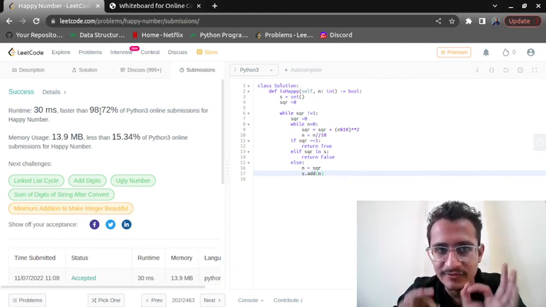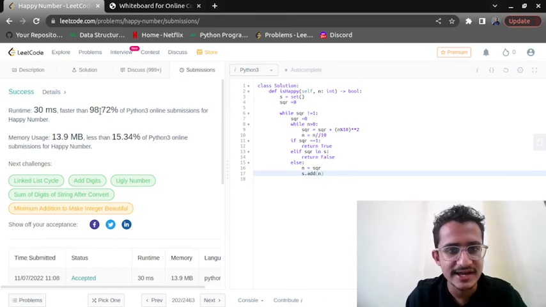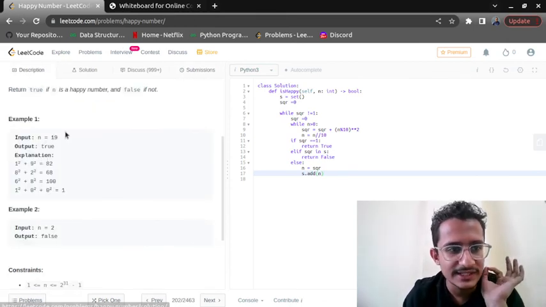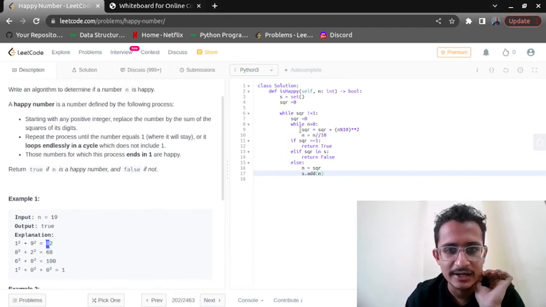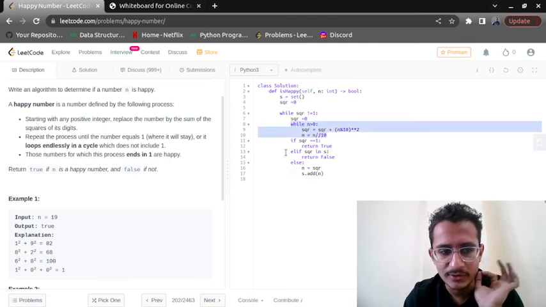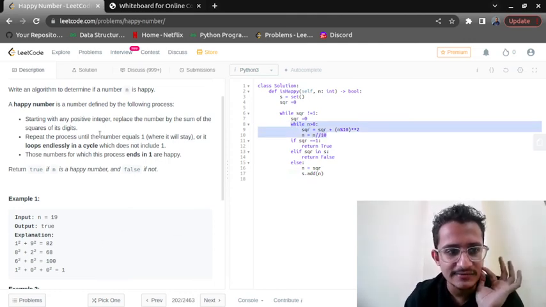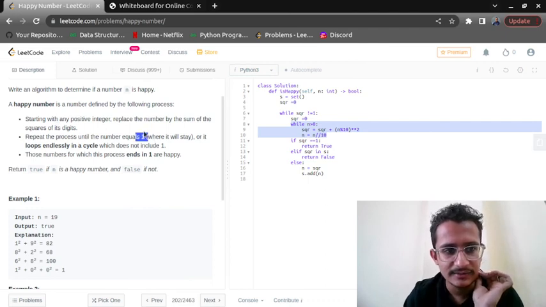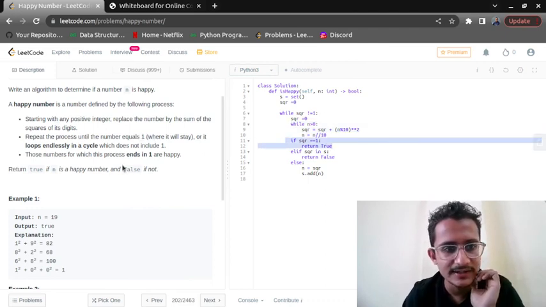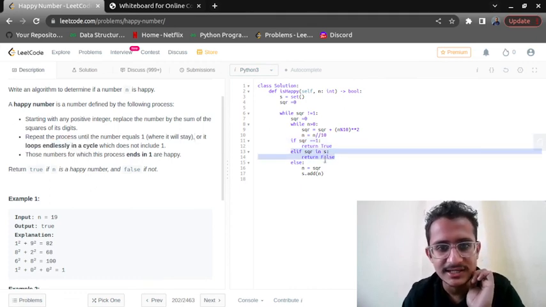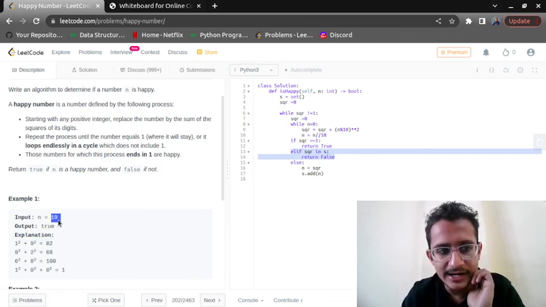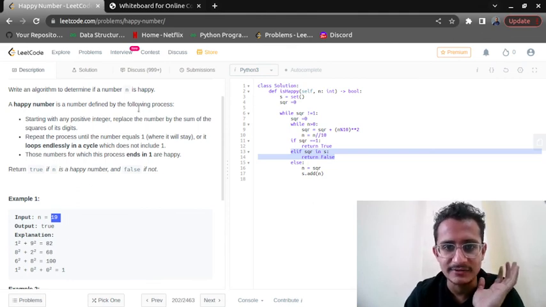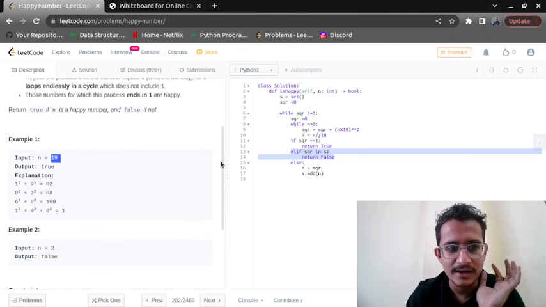I hope it's very clear to you. The approach is very simple. The things that are given, we have done the same thing. It told us to find the square, so this is the code to find the sum of squares of digits. Then it gave us a condition that it should be equal to 1, then return the solution, or check whether it is entering a loop or not, and we have checked the same condition. Otherwise, we have upgraded our number and then added it in the set value. So this is the solution of this problem.